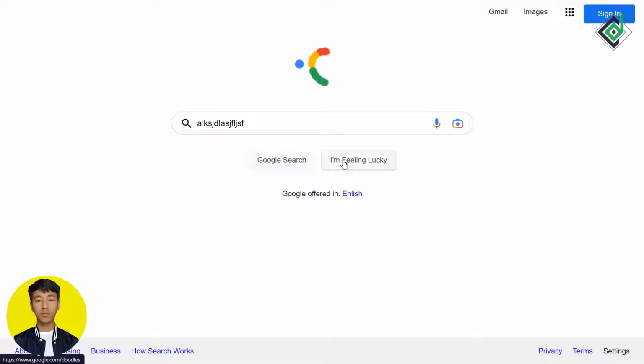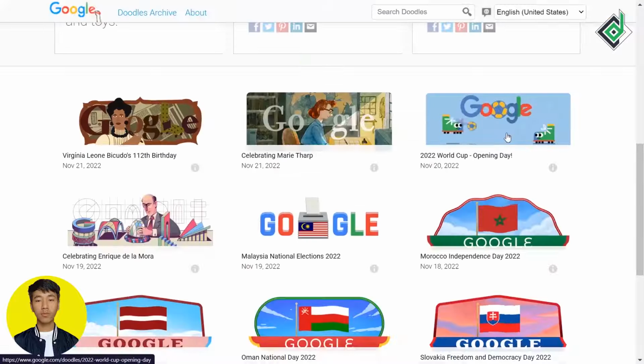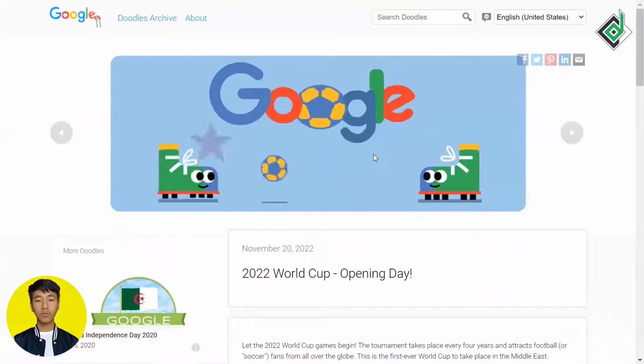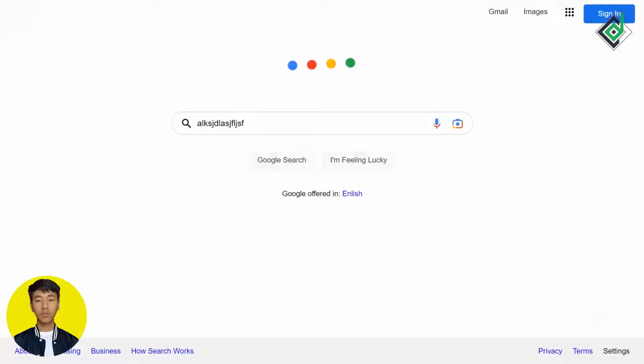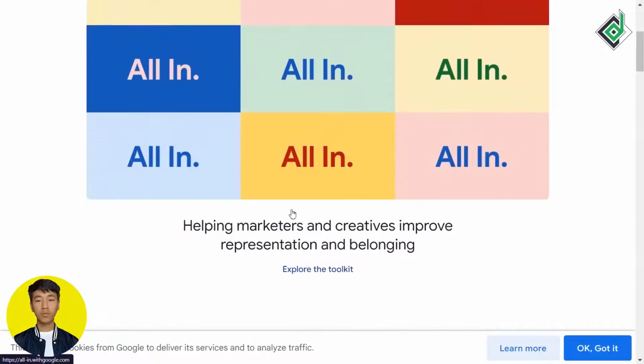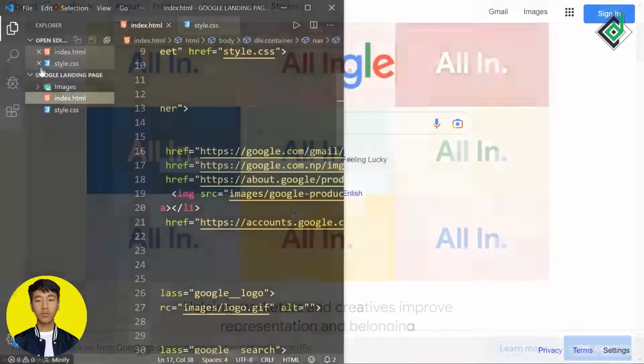And also let's click that I'm Feeling Lucky button. Okay, that button is also taking me to the specific page. So I think everything is working fine. And also what about the footer's links? Once again, let's check out that About link. Okay, it's working, but still we're not giving the main functionality.